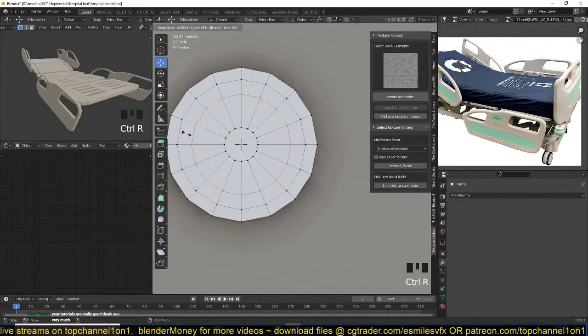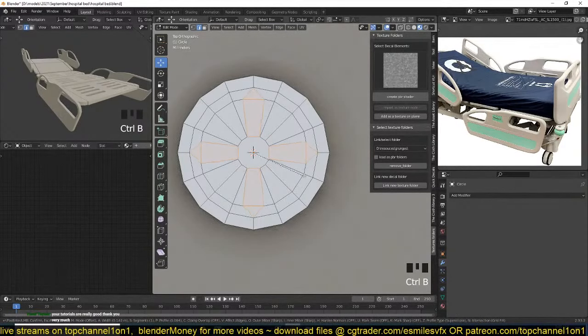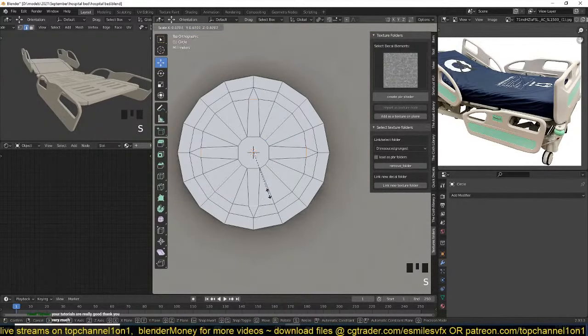Actually, let me add another loop here, do something like this and this. Okay, this won't give us the shape I want. I think we can just Control B this. I'd have something like that, like this, and I'm just going to select these edges and scale them individually. So we have a star shape